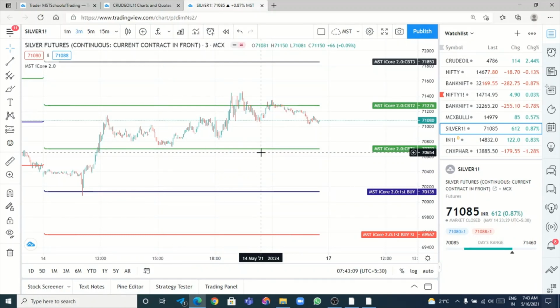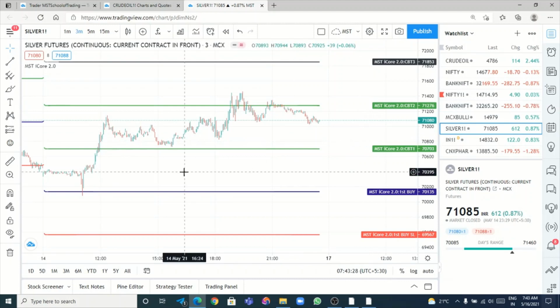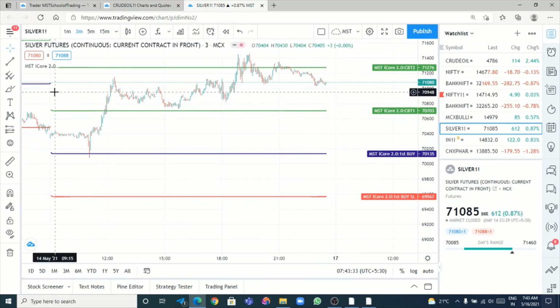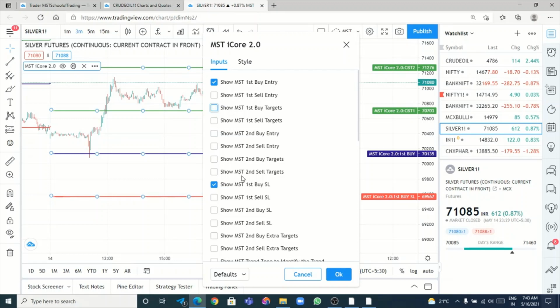The same thing you can follow for everything: natural gas, Nifty, Bank Nifty, for everything you can keep 300 rupees extra risk. If you are a risky trader, you can keep as many points as you want. But the SL will be the same; there will not be any changes in SL. Suppose if SL hits here, then you have to take 2 lots in the second entry, that is in the second sell. Then book the first target. If you book at the first target, you will get profit for the day after recovering the loss.